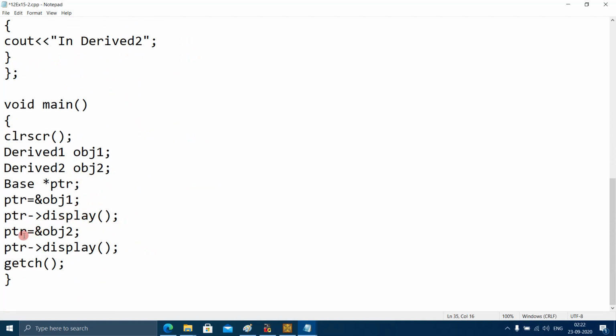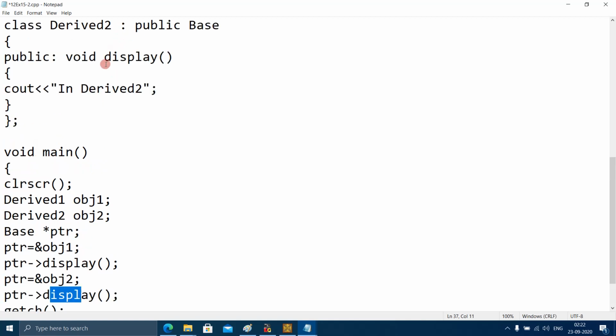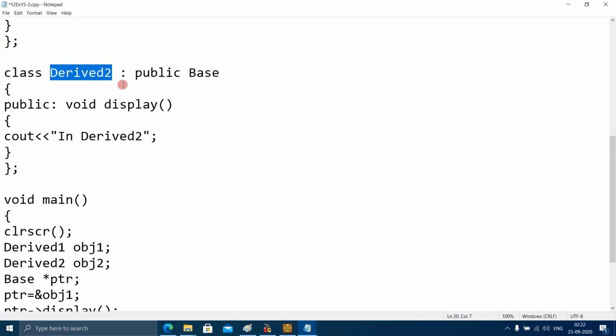Then this pointer is pointing to the address of object obj2. This is an object of derived 2. So this pointer is trying to call the display function, and the display function which will be called will be of derived 2. What is there in the display function of derived 2?